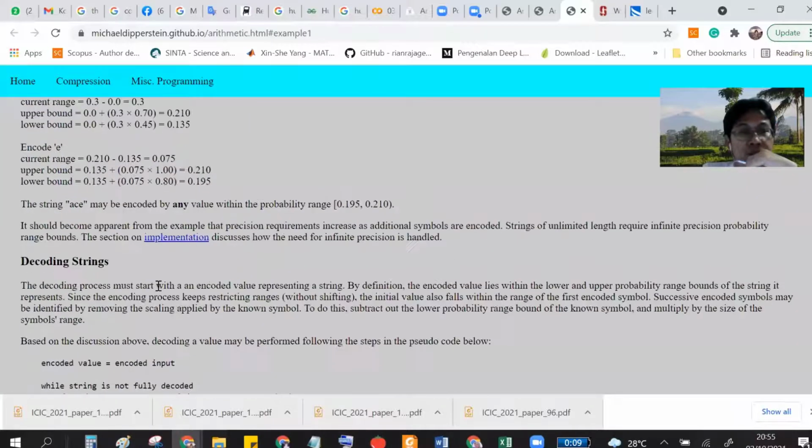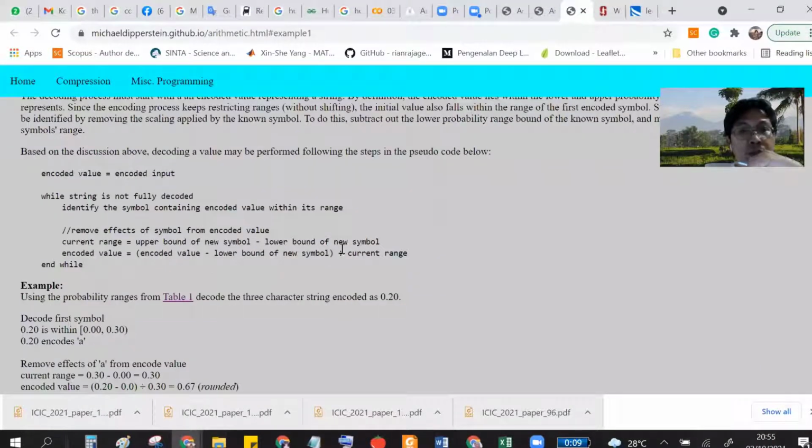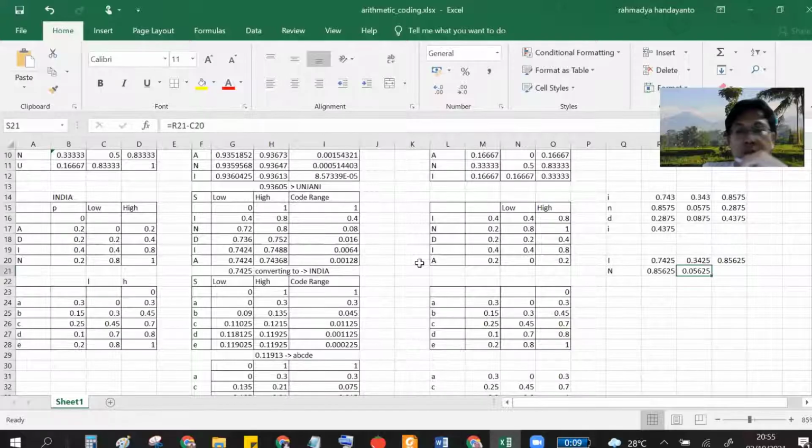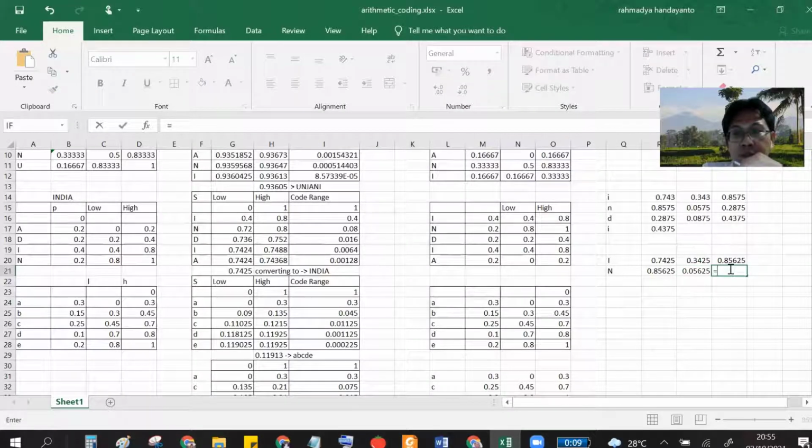You can see this in decoding. You have to divide with the current range. So again, you divide this using the N range. N range is 0.2.